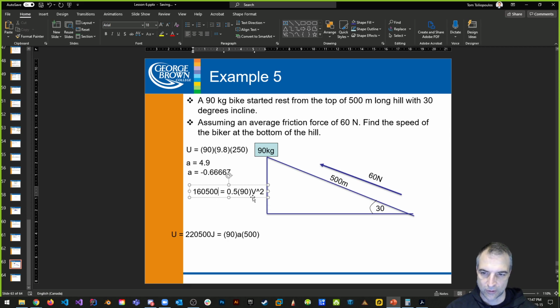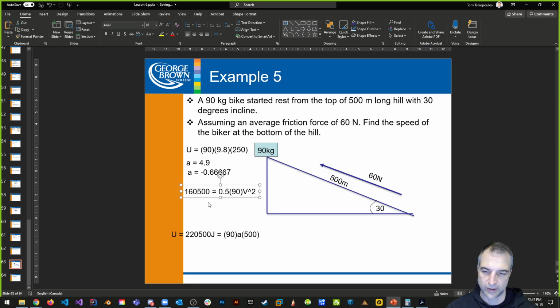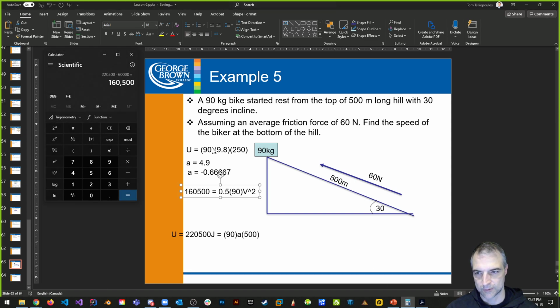Since I know this, and kinetic energy is 1/2 of mv squared, now I have enough for v at the bottom. I can say, well, that's pretty cool. Let's take 0.5 times 90, which is 45, and divide 160,500 by 45. 160,500 divided by 45 is equal to